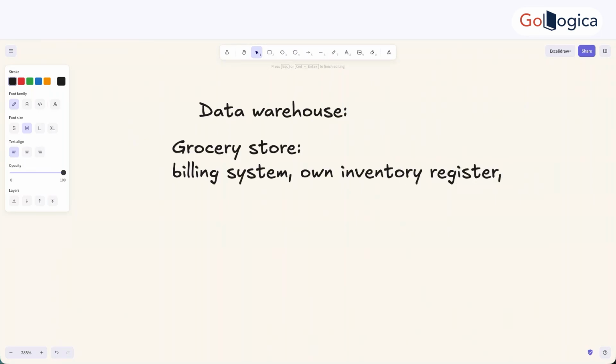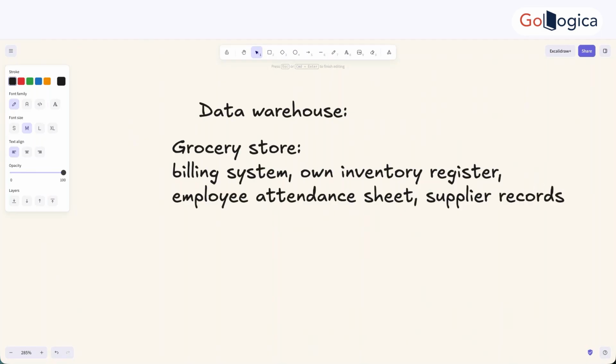Okay. What else do we have? Own employee attendance sheet. I mean, every store has these sort of things, right? If I'm not wrong. And we can say own supplier records. So if you have multiple stores available, each one of them will have these sort of things with them, right? Now let's say you are the CEO of a company, or someone else is the CEO